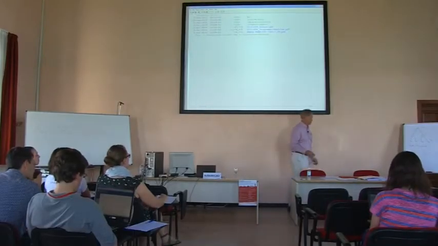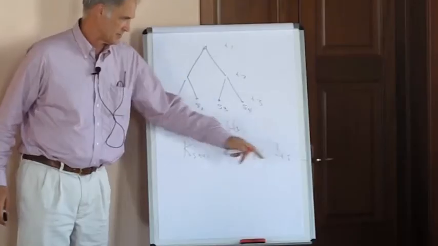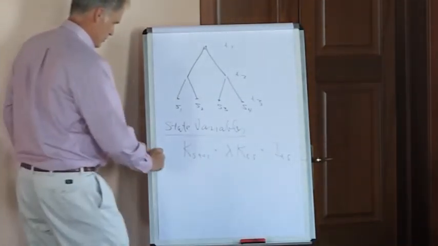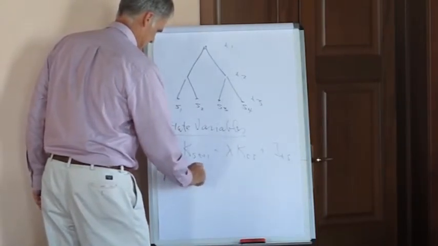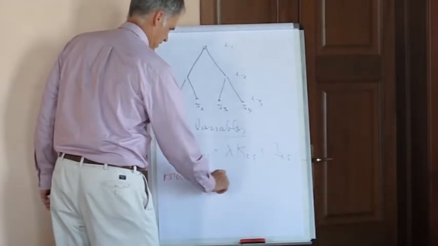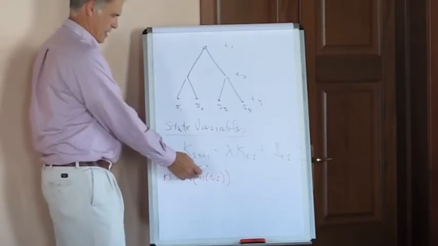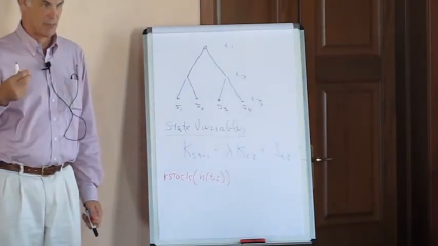Capital stock evolves according to depreciated capital. The capital in state S in period t plus 1 is equal to depreciated capital from the previous period plus investment. When we write down that sort of equation using the scenario tools, we'll typically write the equation as K stock of n of t comma s. So if we think about what that does, immediately we write down n. N will be the set of time periods and states for which we keep explicit accounting in the model.